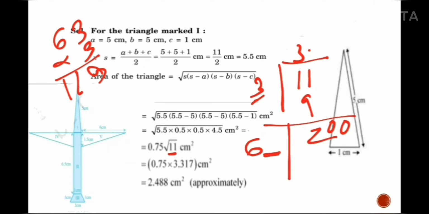In second part you have to find the area of this trapezium. You have to use Pythagoras theorem here. You have to use area of trapezium here. And for second, fourth and fifth part you have to use the basic formula of area of triangle and